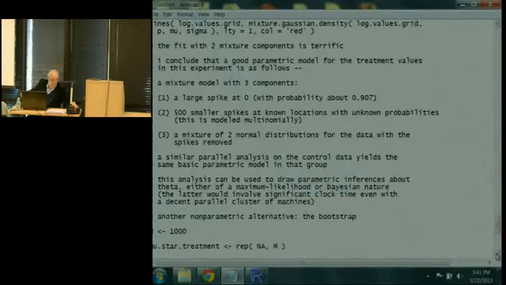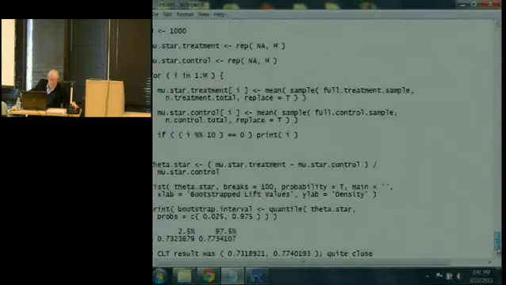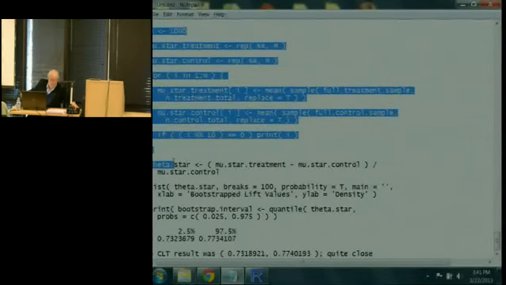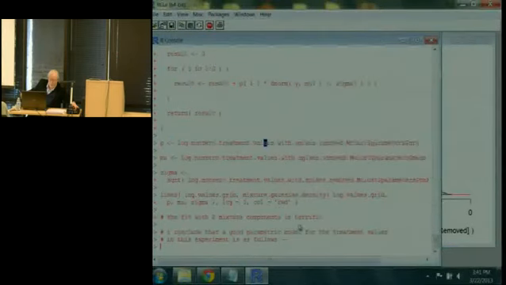So I wrote some code to do that. There are bootstrap functions in the R world, but it's easy to write your own function. All you do is run the sample command with replace equals true, and you get a bootstrap sample, so that wasn't very hard. So now I'm going to run this code right here, and it's going to take a while to run, which is why I want to make sure I've got the buffered output on. Okay, so let's run it,